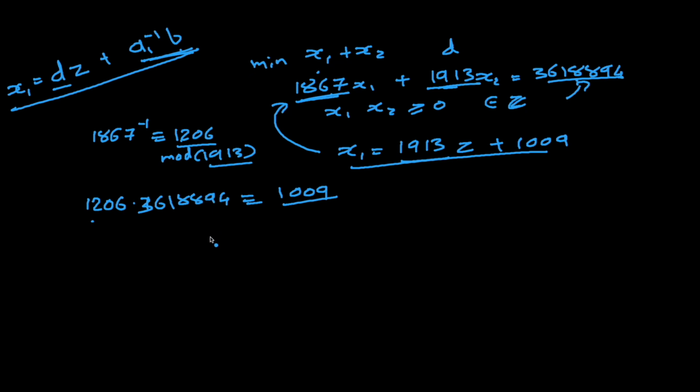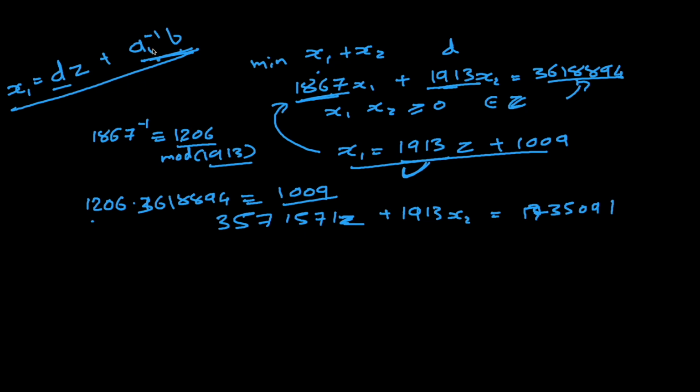So this big number is 3571571z, this is z, not 2, plus 1913x2 equal to 1735091. This is a big number, okay, but the good part is that everything now is divisible by 1913,